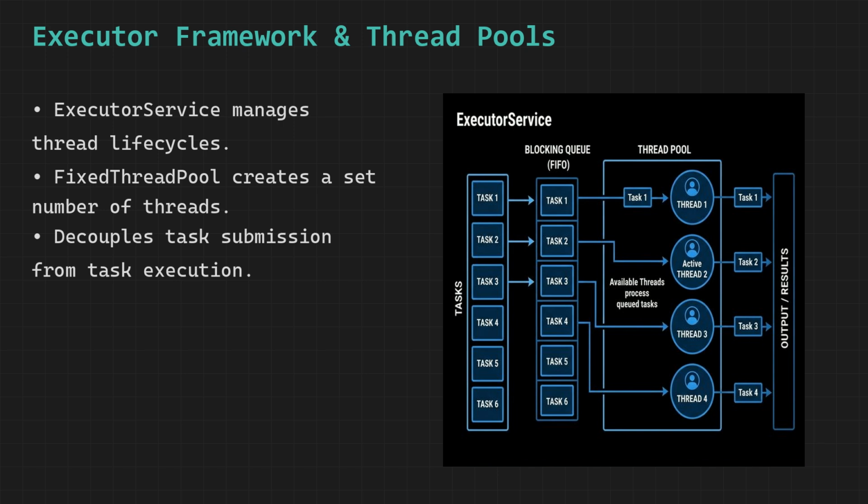but instead they wait patiently in a queue, which is like a waiting area outside the office, and as soon as one of the 3 busy workers finishes their current task and frees up their desk, one of the waiting tasks immediately gets assigned to that newly available thread and begins execution. Finally, we call the shutdown method on the executor, which is like closing the office at the end of the working day, meaning no new tasks will be accepted from that point forward, but all the tasks that are already running or waiting in the queue will be allowed to complete fully and gracefully before the thread pool is completely shut down and all resources are released.